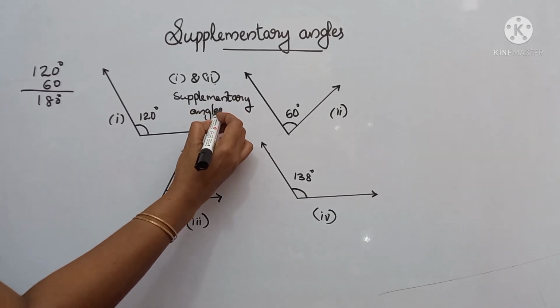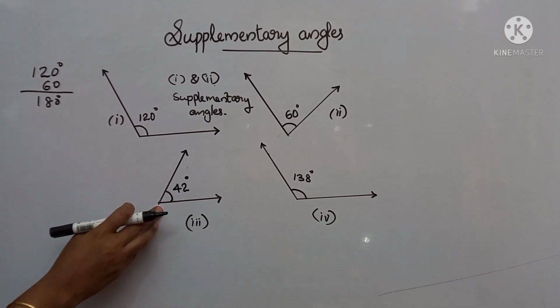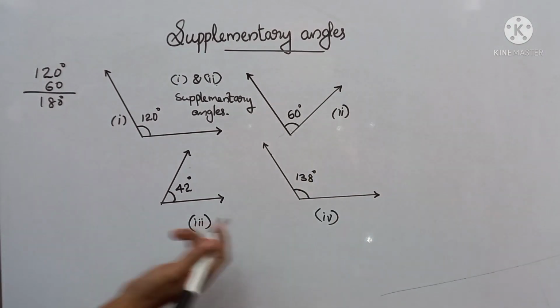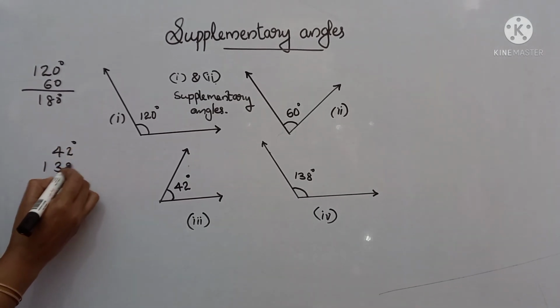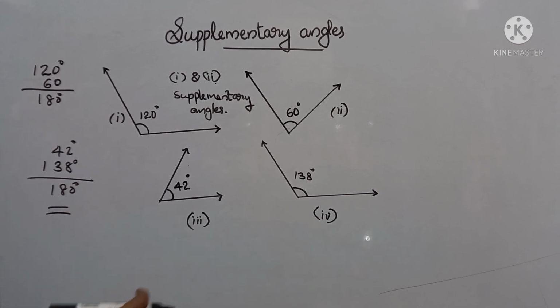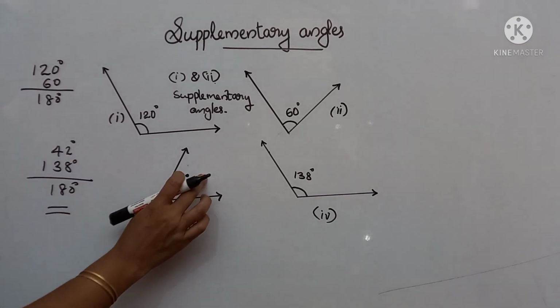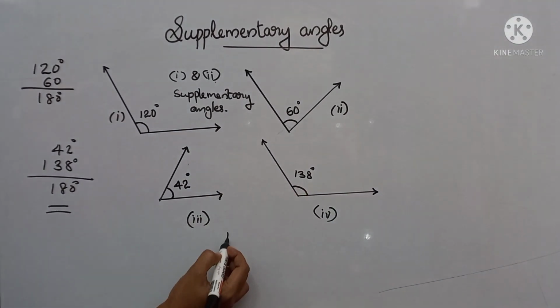And similarly, look at the third and fourth ones. Here you can see one angle is 42 degree and the second one is 138 degree. We can add both, 42 degree and 138 degree, and we get 180 degree. So this pair, 42 degree and 138 degree angles, these two angles also